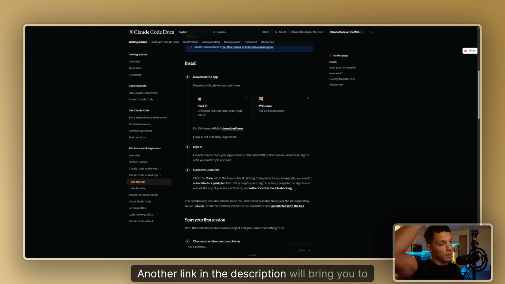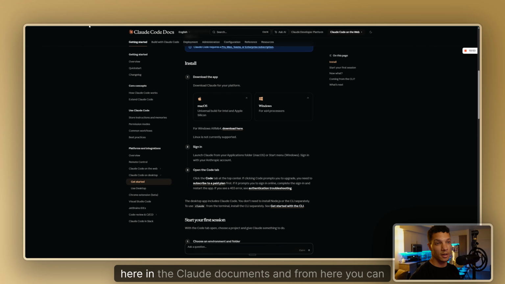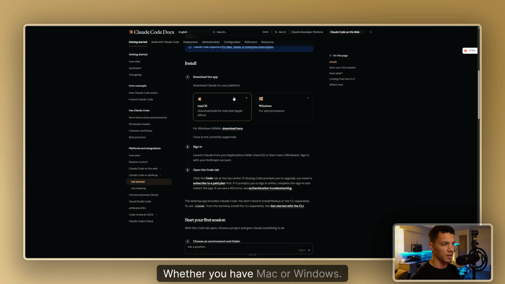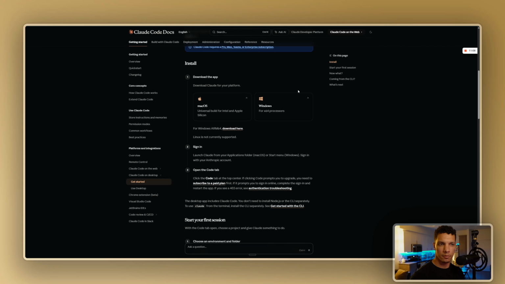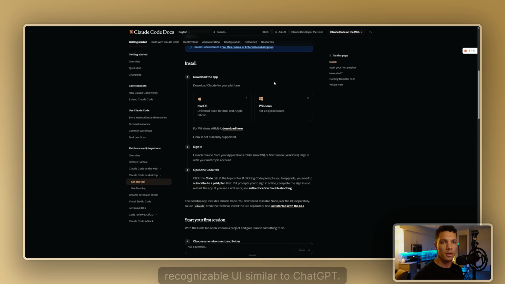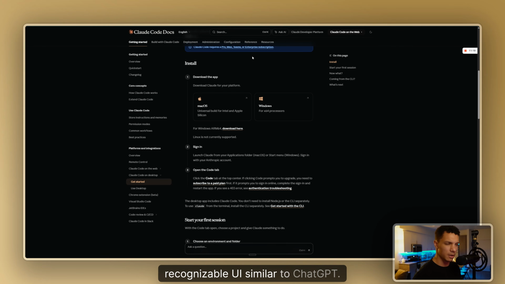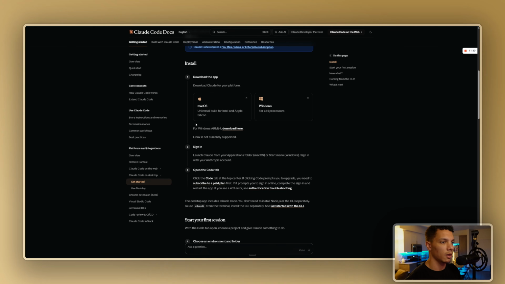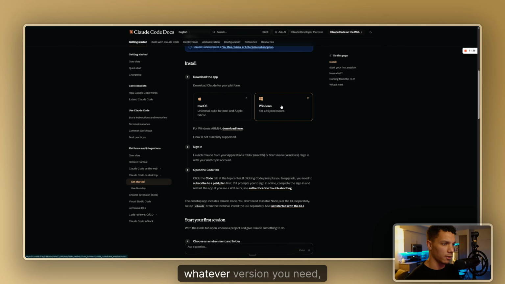Another link in the description will bring you to here in the Claude documents. And from here, you can just download the Claude desktop app directly to your machine, whether you have Mac or Windows, because fairly recently, instead of using the command line interface, Claude Code now has a desktop application with a nice, friendly, recognizable UI, similar to ChatGPT. This is the best way to get started. So make sure you download whatever version you need, sign in,